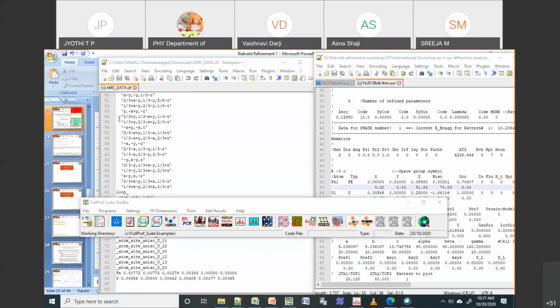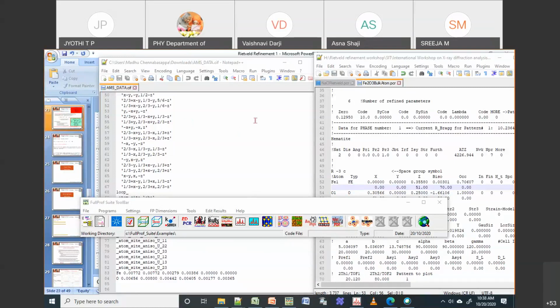If values are high due to not good data and we get low, is it worth publishing? See, as long as your reviewers are accepting the data, it's fine. You can explain that this data is not good because I could not connect for a long time. Then they will ask you to redo the scanning for long scan. Okay, instead of 10 minutes, they will ask you to collect it for maybe 2 hour, 3 hour. Then you have to redo the refinement on that good data, and then you can still publish.